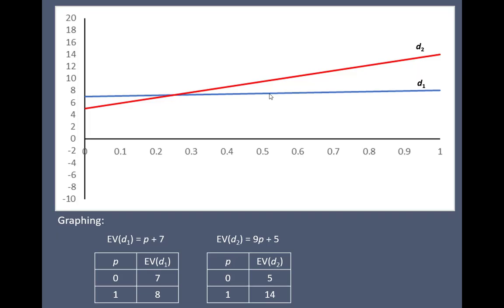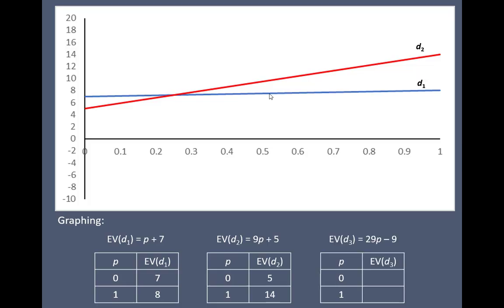decision alternative 2. And finally, I'll do that one last time with decision alternative 3. Subbing in 0, getting minus 9. And then subbing in 1 into that expression, getting 29 times 1, giving 29 minus 9, or 20. And now with all three lines plotted on this graph, and remembering that these three lines represent the expected value